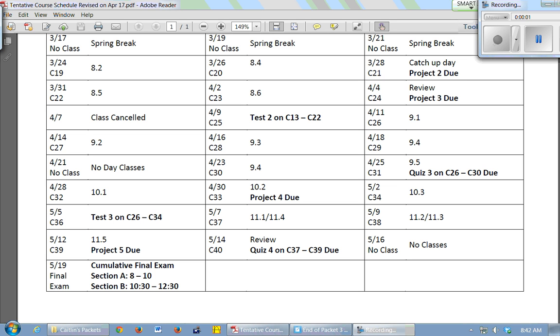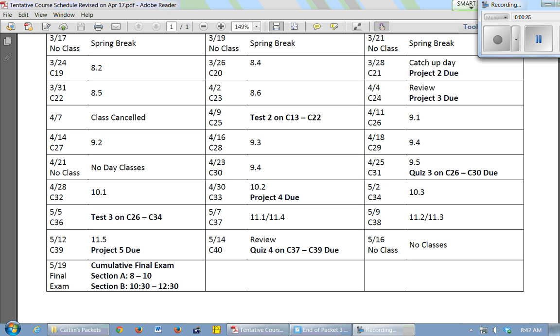Some of the things that are coming up. Take-home quiz 3 is due next class on Friday. It covers classes 26 through 30, so after today's class, you should be able to do anything that you weren't able to do before. And then next week, Project 4 is due on Wednesday, and the week after that, we have Test 3 on Monday, the